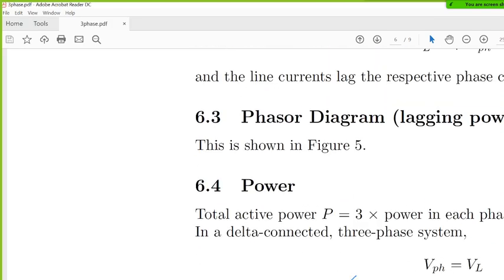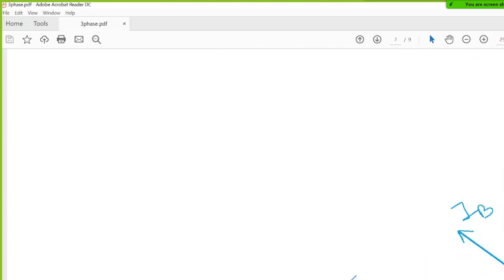Now the phasor diagram, figure 5. This one. Once again, see first the green lines: VRY, VYB and VBR. They are in the delta connection. The phase voltages and the line voltages are the same. So they are both the phase voltage and line voltage. They are 120 degrees apart. The green lines are fine. Just the green lines.